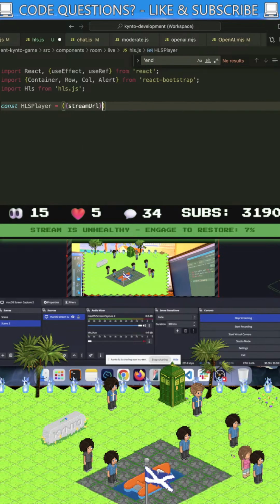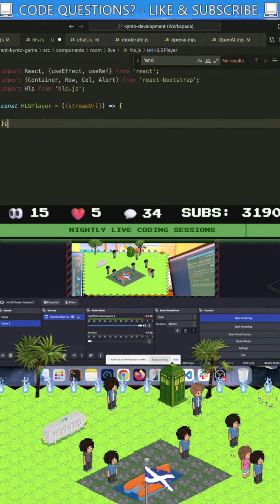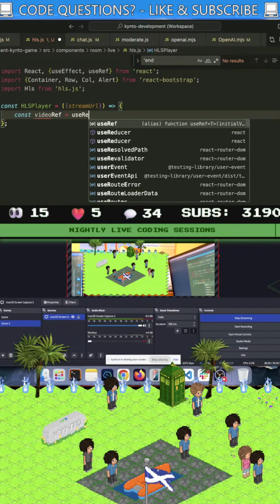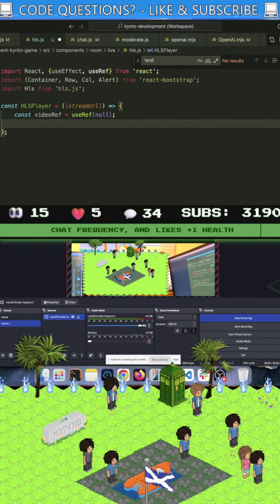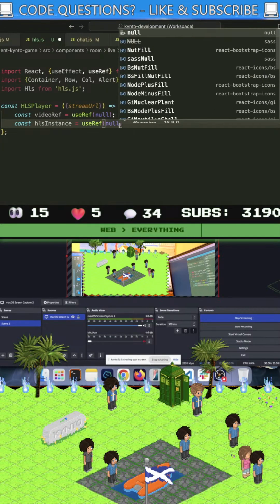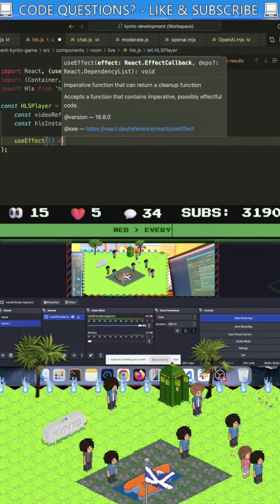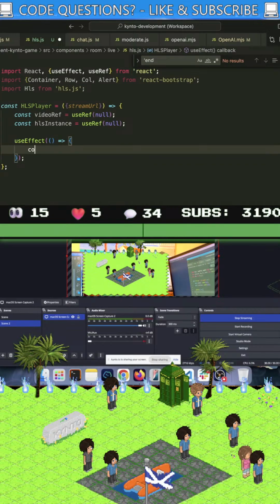Set a property parameter, also known as a stream URL. It's an effect, which basically updates whenever that stream URL is passed in or a new one is passed in.